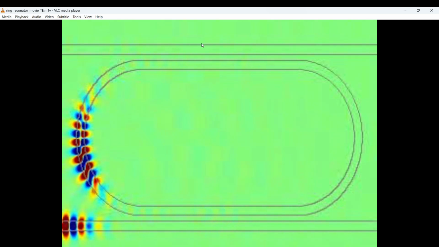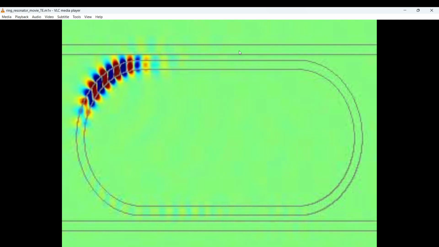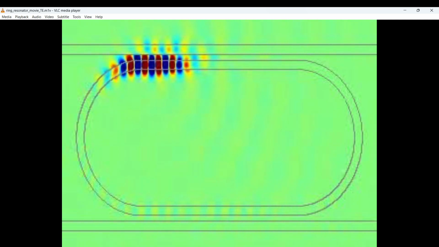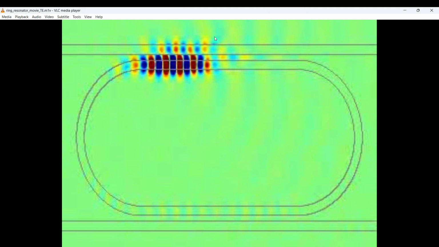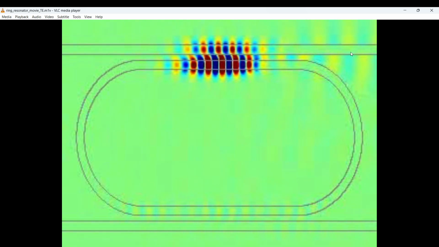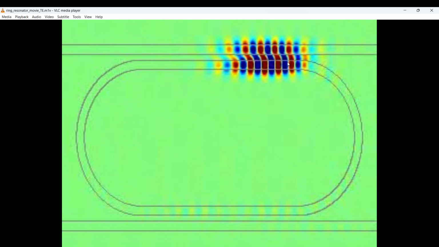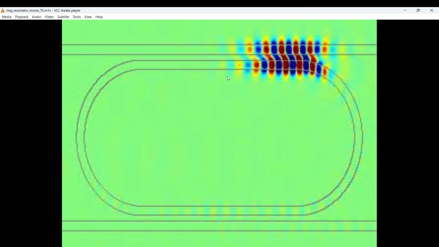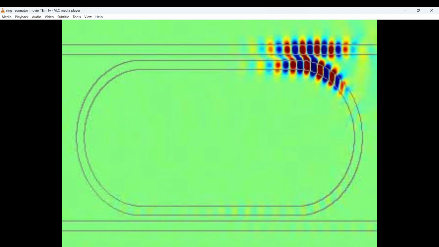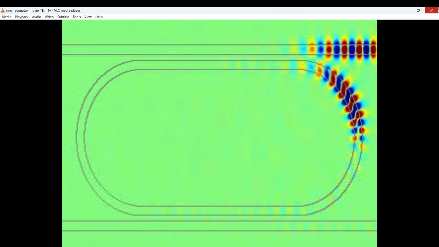Again, some part of it will get coupled here. If you have an oscilloscope here which can resolve picoseconds of delays, you will see that first a pulse will arrive that corresponds to the original pulse. Then after a few picoseconds, another pulse will arrive that corresponds to the pulse that has gone through one turn through the ring. This is the second pulse. Like that it will keep on going.